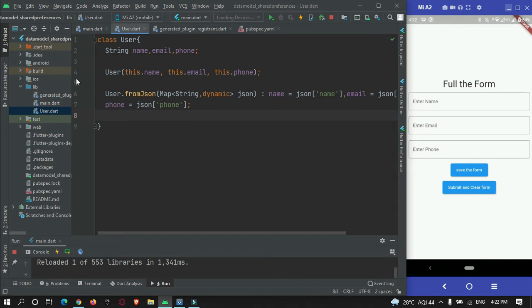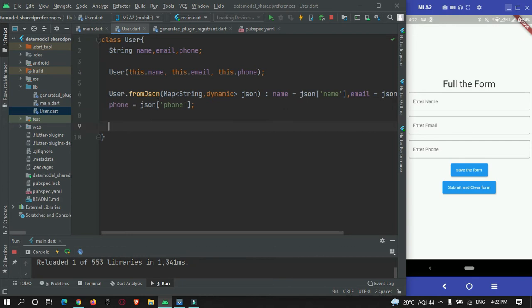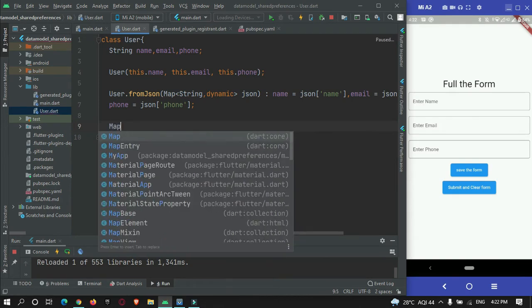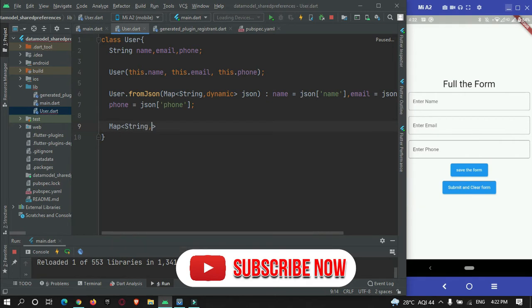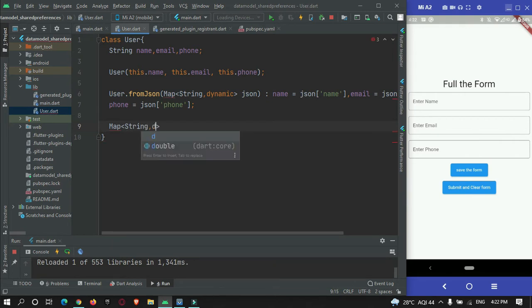Okay, and this is used to convert the JSON data into an object. And one more method we need, that is map string dynamic to JSON.